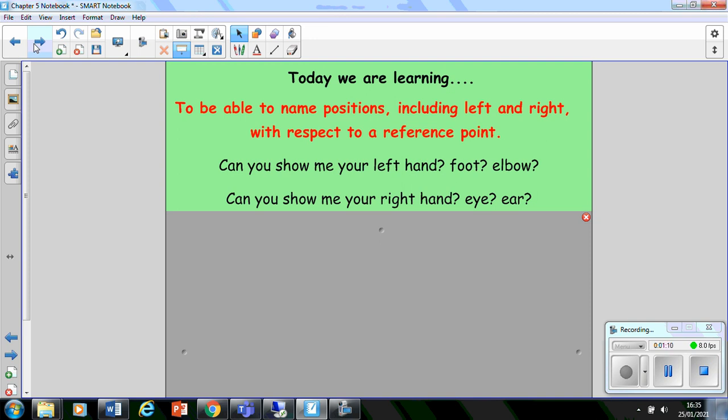Now, if you would like to pause the video, I'd like you to do this warm up with your learning partner. Look at your left and your right and point to the two different hands, or the left or right foot, or the left or right eye. Just point to those, and then we will explore how you know what is left or right when you look at your hands. Okay, excellent. Now that you're back,